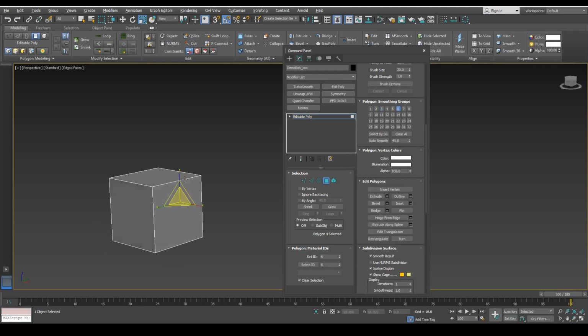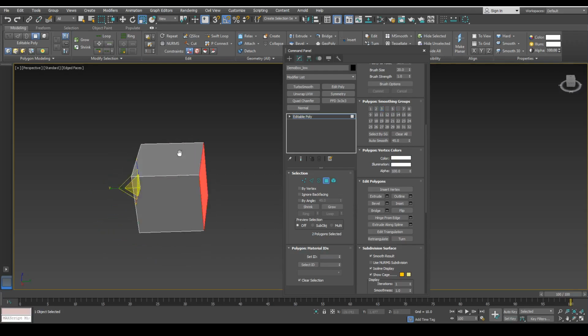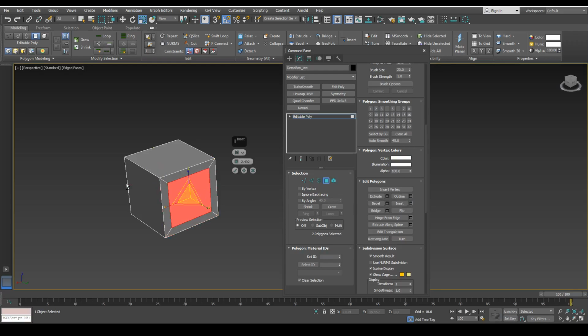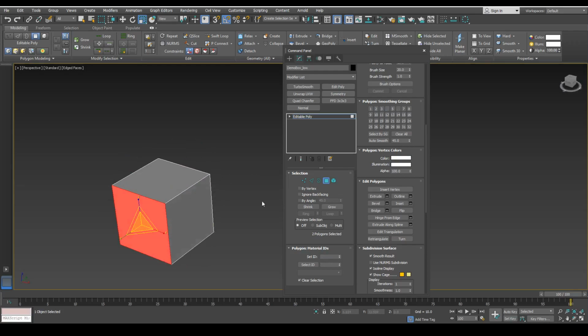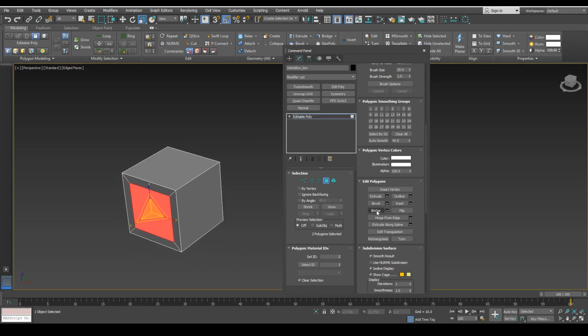All right, so let me show you a fun little trick here for the next tool, which is bridge. If we do an inset on both of these polygons, so let's make sure you can do this with me. Click, select, hold Control, click, select. We're going to inset settings. We're just going to go with the default settings because we don't care. And if we hit bridge,